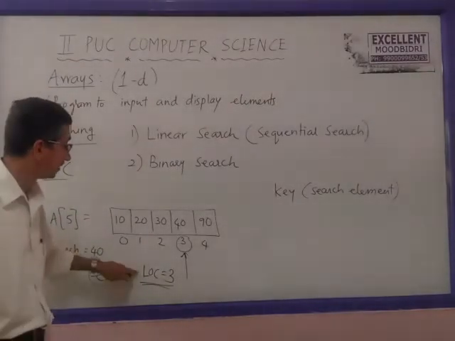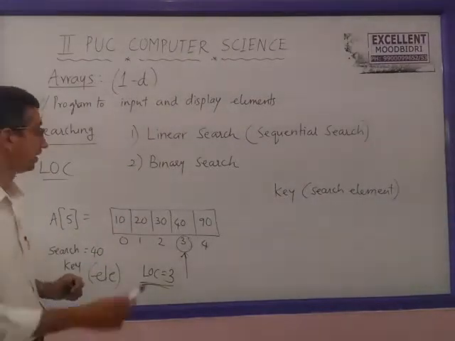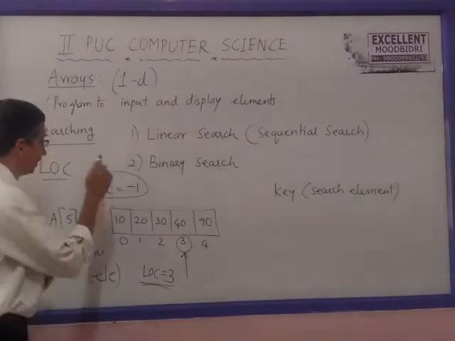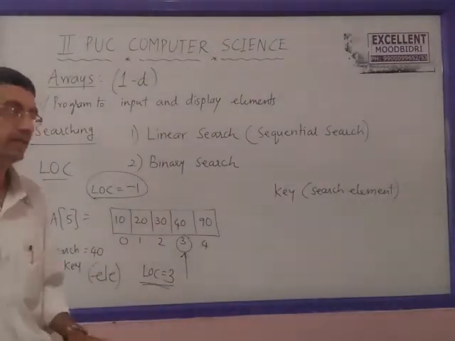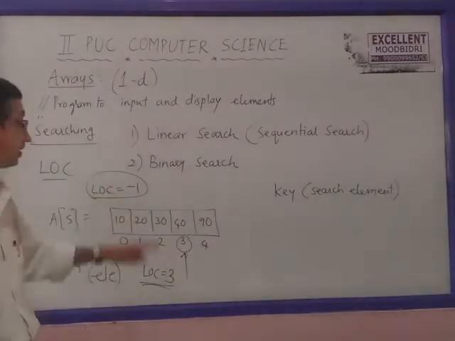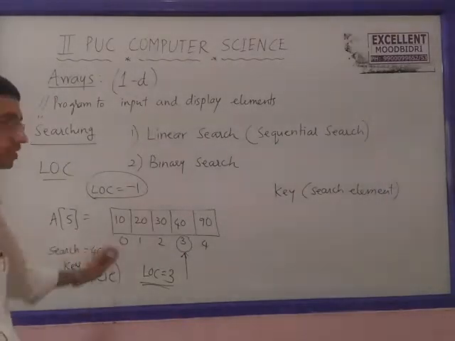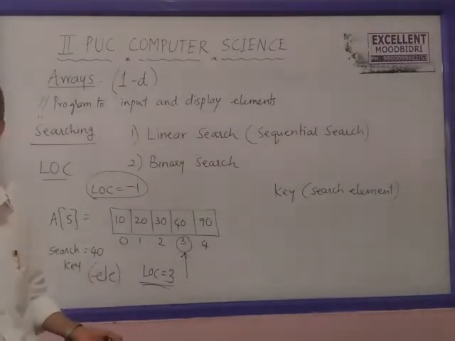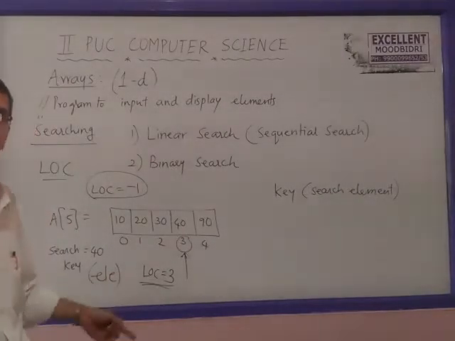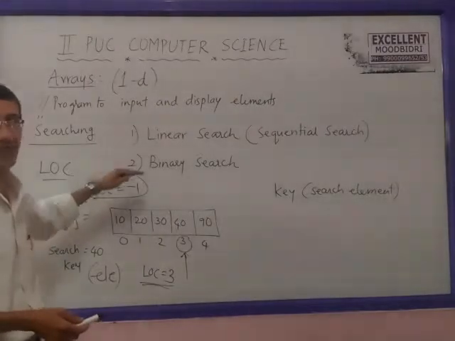Now initially, this location, which you want to get, the location of the search item. Initially we can set the location to -1, since the array index starts with 0, we cannot have this as 0, because in case it is found as the first item, then naturally the index must be 0. So we cannot take 0 as the initial value. If not found, it becomes wrong. So initially we set the variable location to -1.